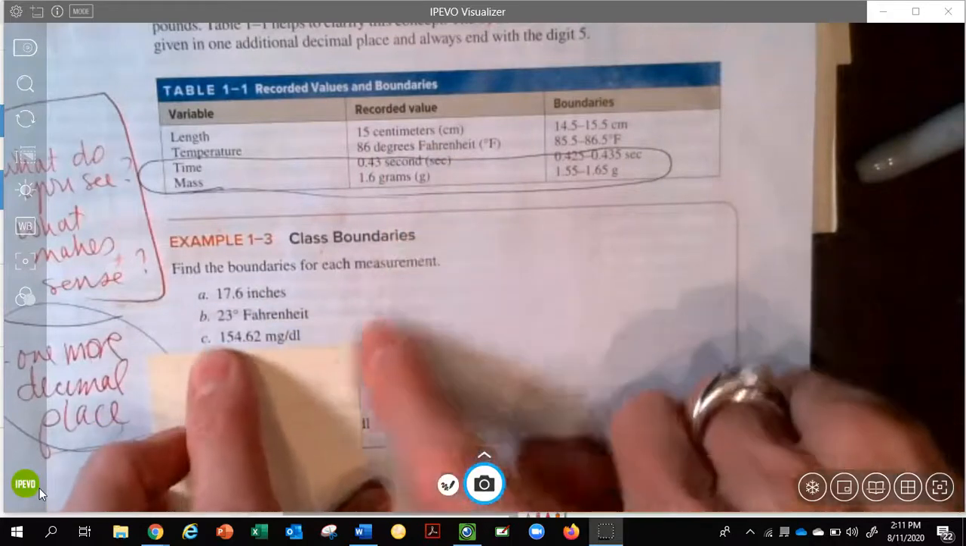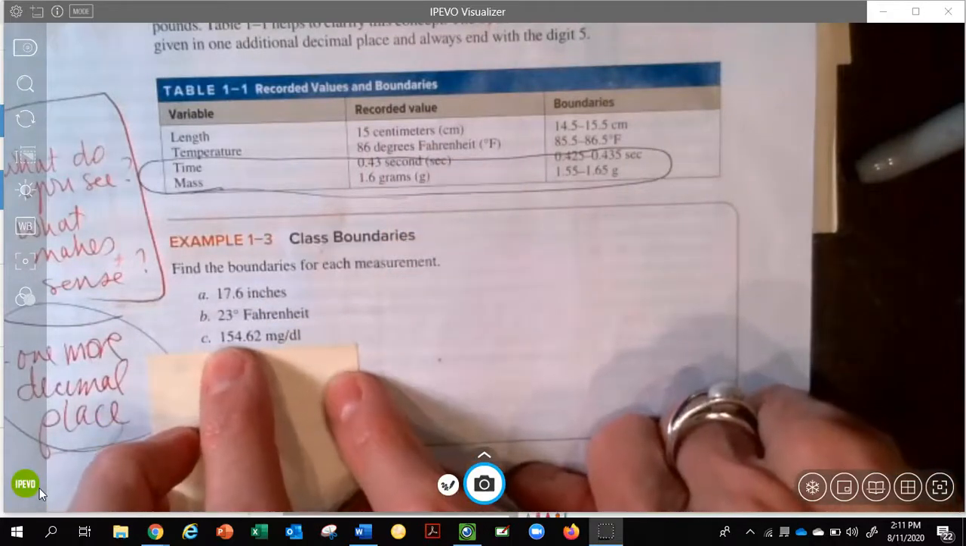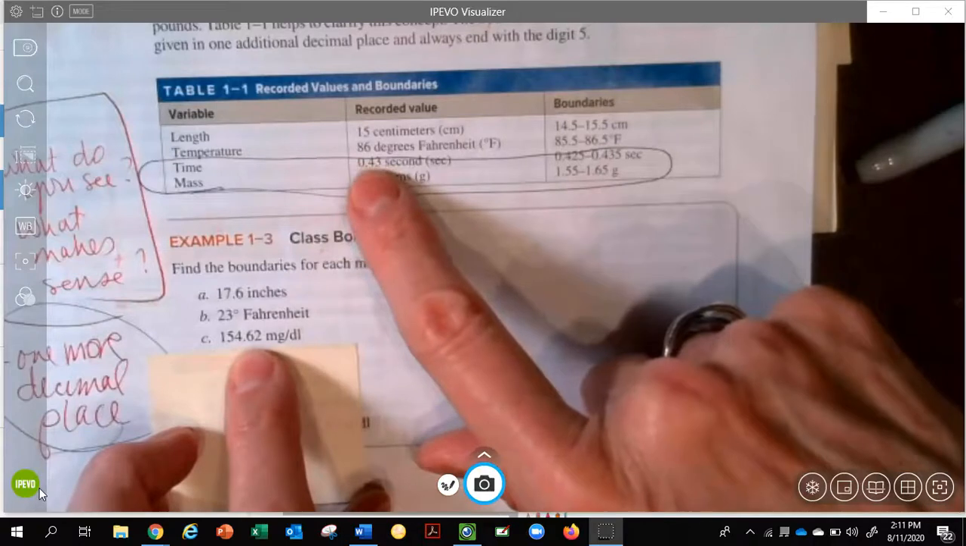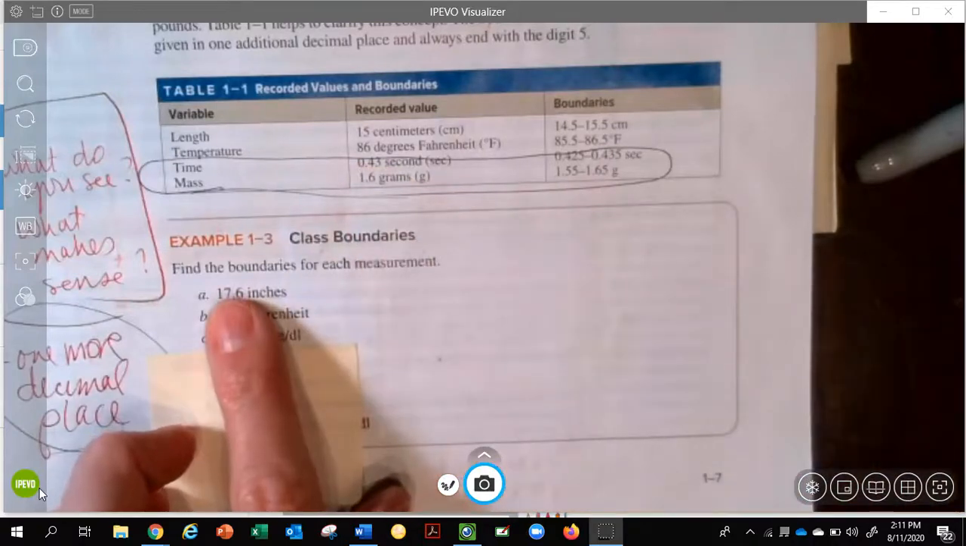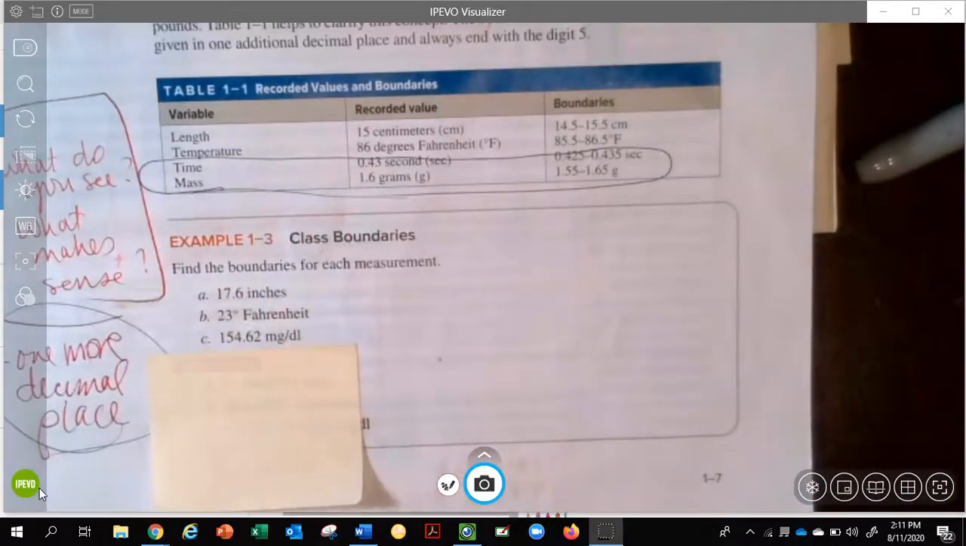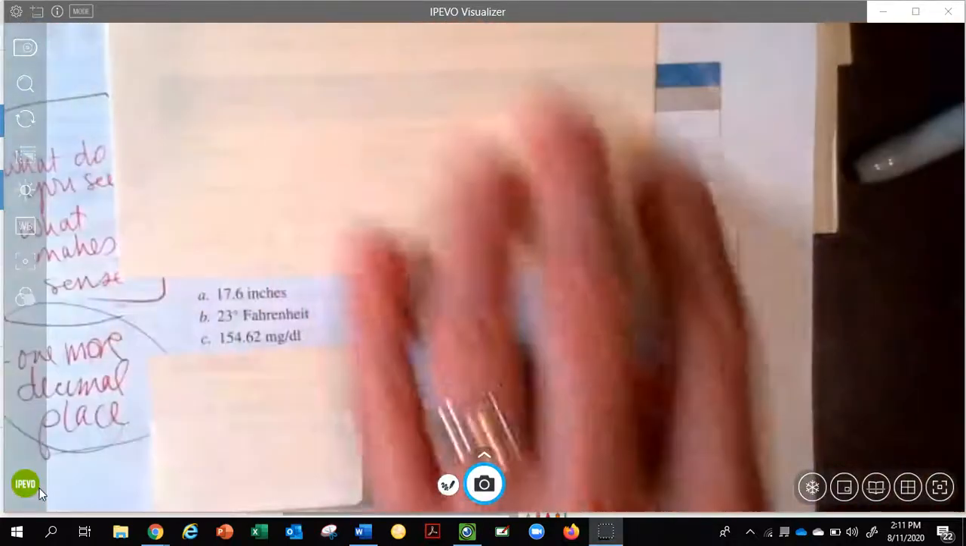I didn't do one of those. So 154.62, that's in the hundredths like this one. So the only one I haven't given you an example of is the 17.6 to the tenths. And so why don't we go ahead and work on that one. So the 17.6,